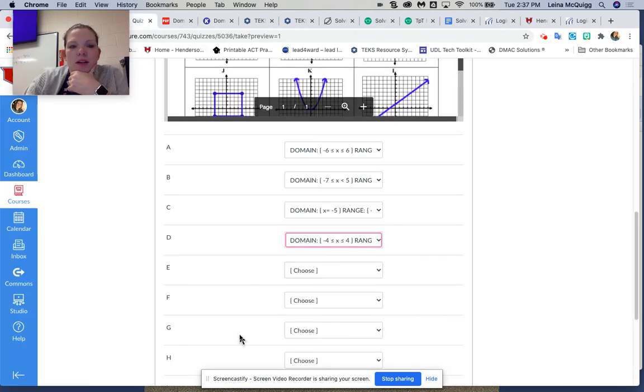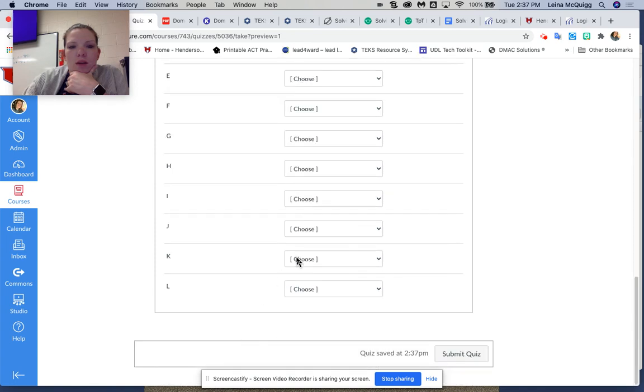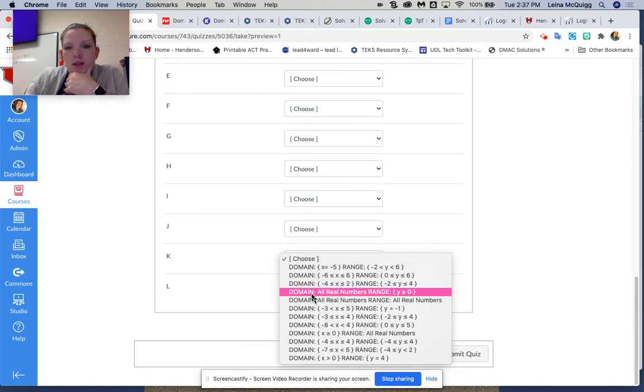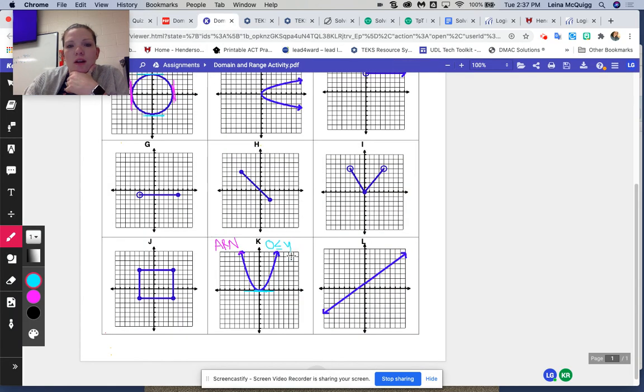So I'll come back over here on K. I'm looking for my domain is all real numbers, one of these two. My range is numbers where y is greater than or equal to 0. So I want you to pay attention to this. Over here, I said I went bottom to top, so 0 is on this side of the inequality. But we can rewrite this. If I bring y to the other side,